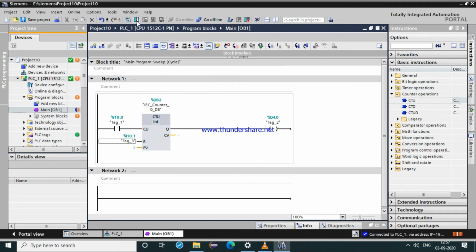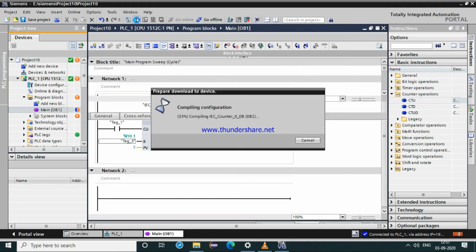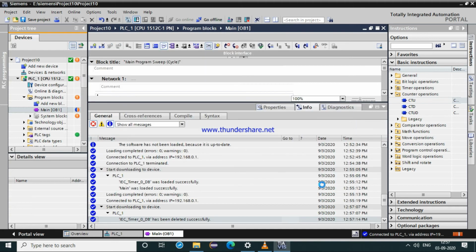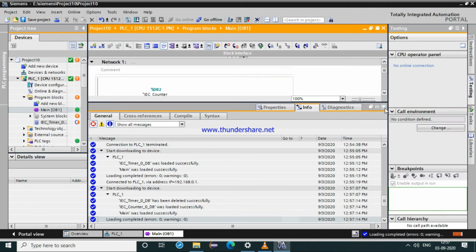So we will be downloading this again, and we will look at the functioning, how exactly it will operate in a pneumatic system, in an application of a pneumatic system.